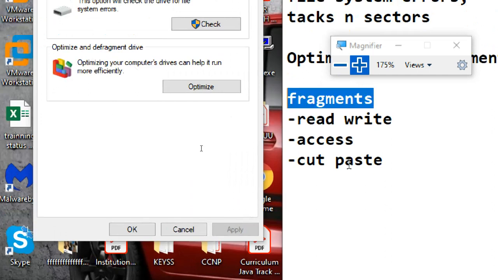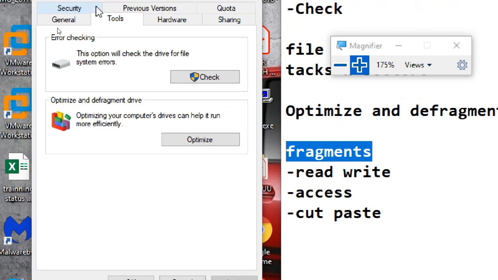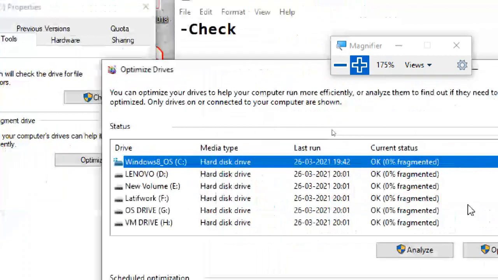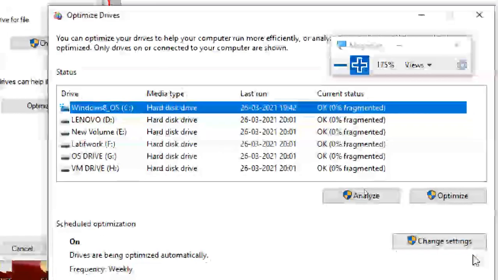The same thing will happen to your system. Fragments are created by adding data, removing data, copying data, replacing data. Fragments are usually created on the disk. If you want to defragment your C drive, go to Optimize. Click on Optimize. If I have the drive, it is very easy.